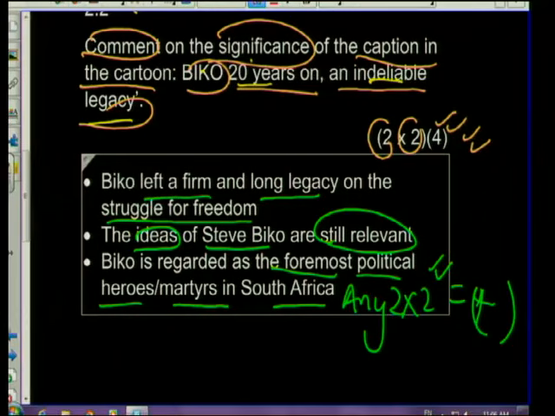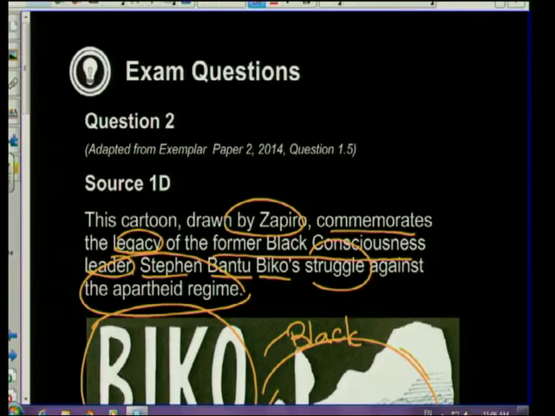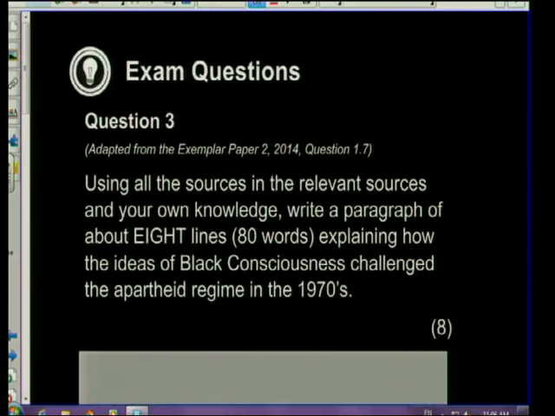If we go on to the next question, looking at question 3. This is a paragraph question. Very often learners get confused with writing everything they need or have on hand on the question. Very important, look at what the question is asking you to do. Let's have a look at the question.